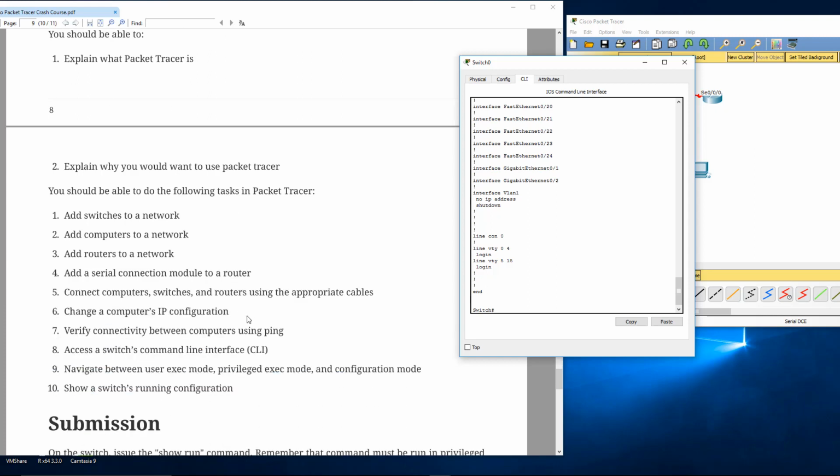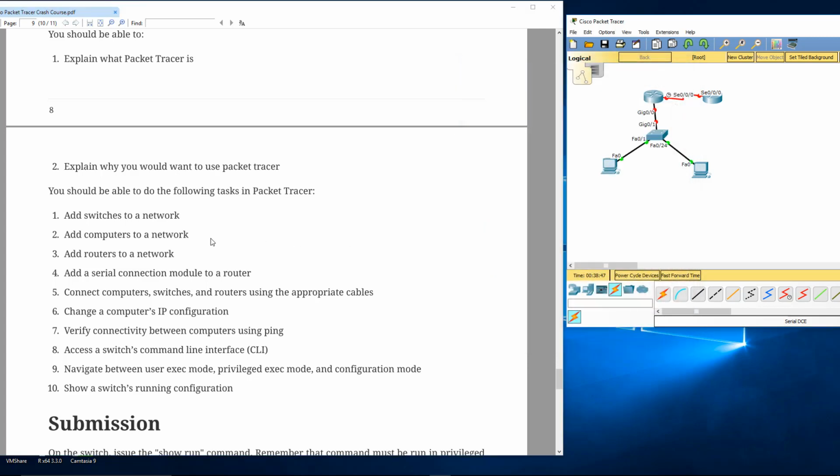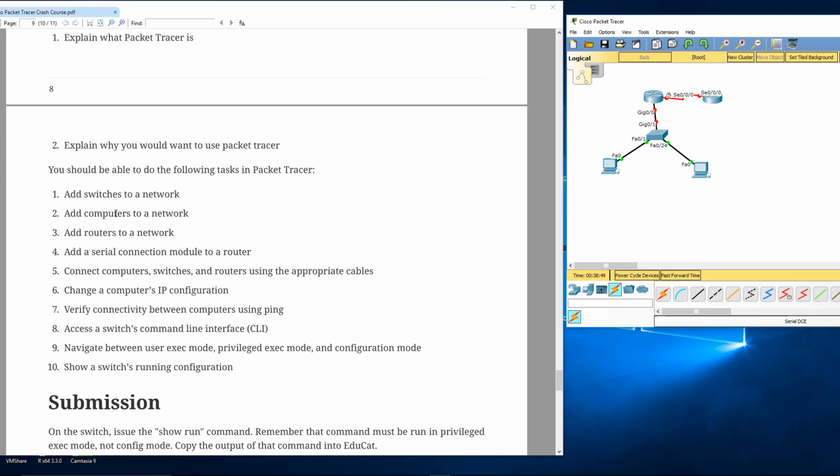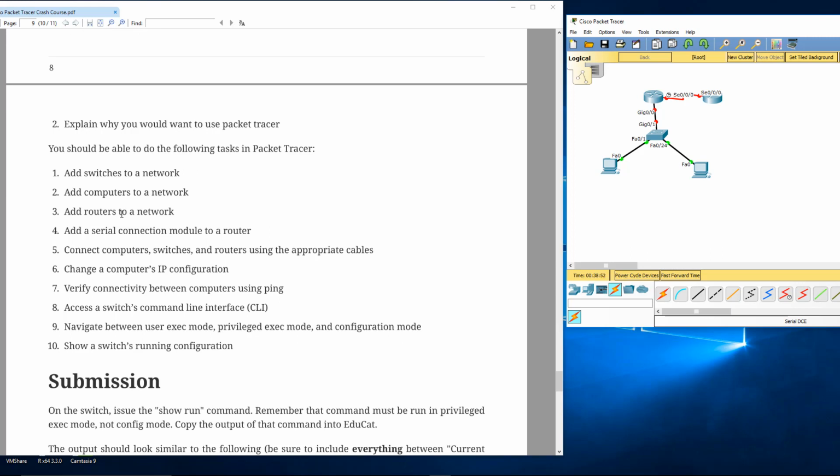So here we are. Let's talk about what we've done so far. In Packet Tracer, you should have Packet Tracer on your machine. You should know how to add switches to a network, add computers to a network, add routers to a network, add serial connection modules to a router, use the appropriate cables to connect computers, switches, and routers, change a computer's IP configuration, ping between two computers in Packet Tracer,